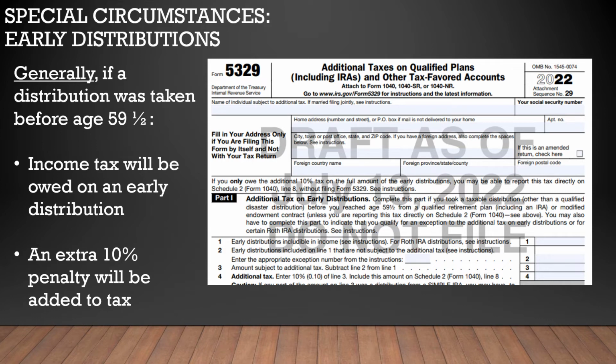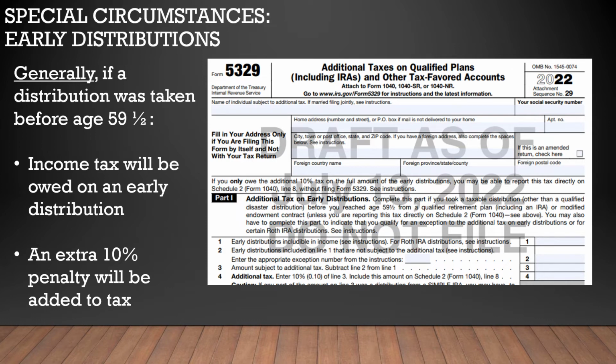And a lot of times when this happens, the trustee was required to withhold some of the distribution for tax. And so a lot of times our clients think, oh, well, they withheld the tax, they took the tax out. They don't realize how big the implications are when you take a sum of money out of a retirement account early. So this is kind of an area where you have to tread carefully.